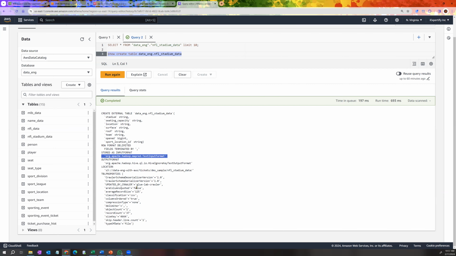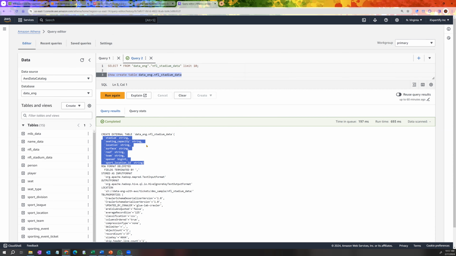And the way I created this table was using a crawler. I think last session I covered what a crawler is. A crawler is a Glue service that can look at your file and say, oh, this file seems to have these fields, and these look like string, string, string, bigint, and string. I'm not going to go into that today, but I'll show you the crawler and the table that got created